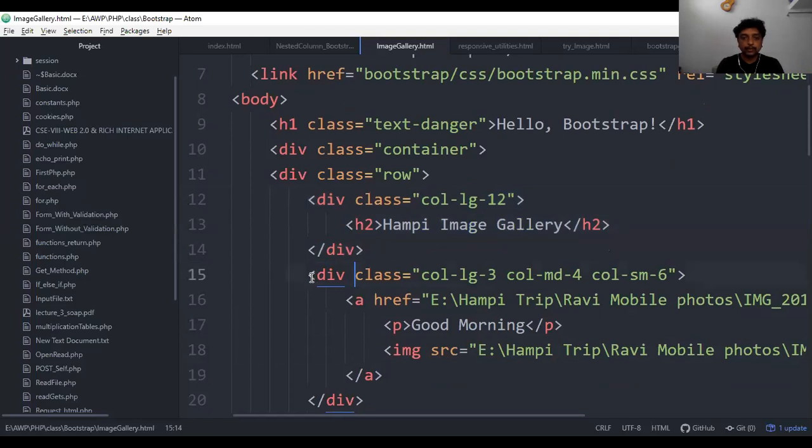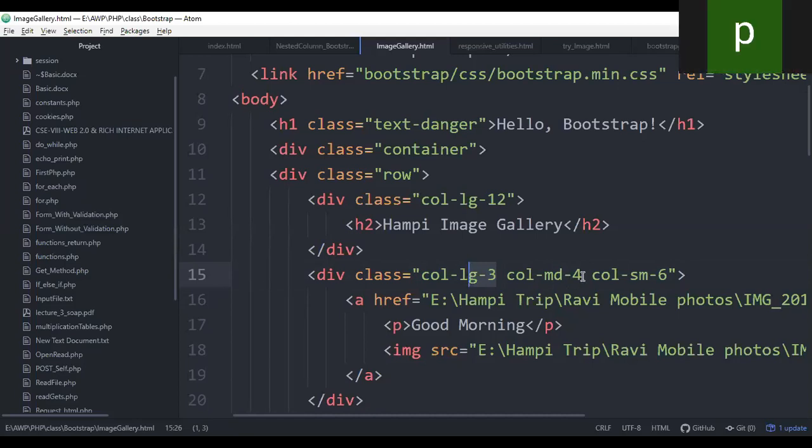Next, within the row, I am going to create one more class for each one. We are going to make a column, and this class with the column is col-lg-3, col-md-4, col-sm-6. I hope you can easily understand now why we gave this. If we open on a large screen, each column will be visible with 3 units.